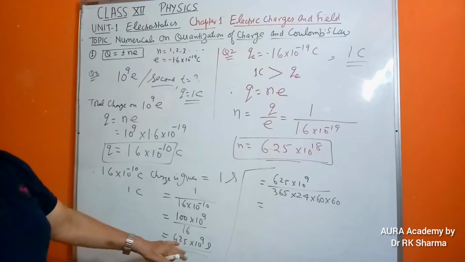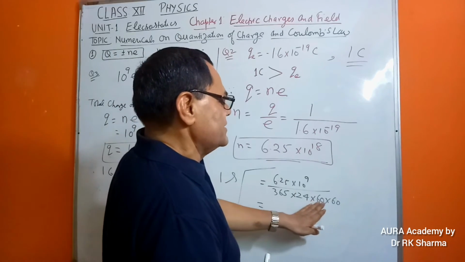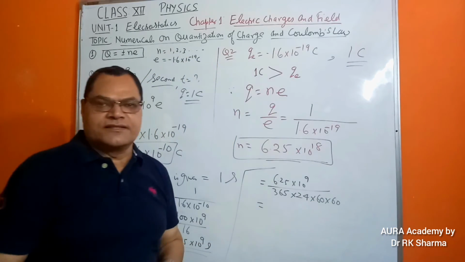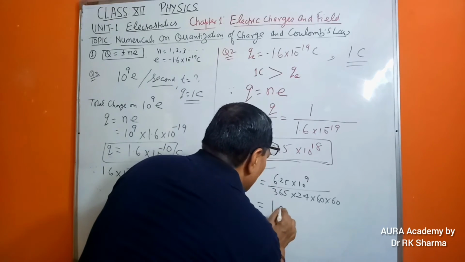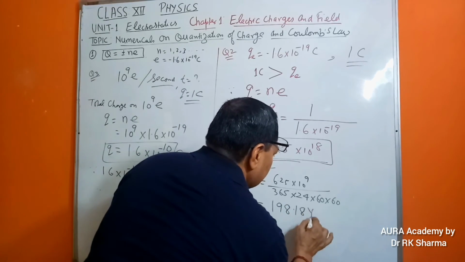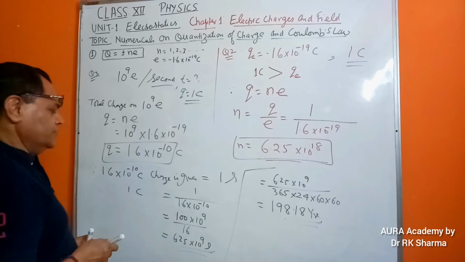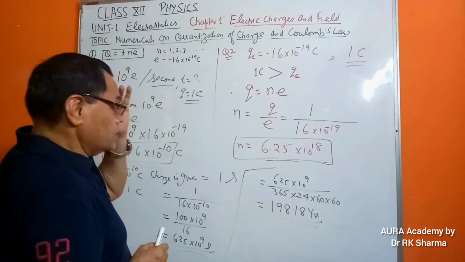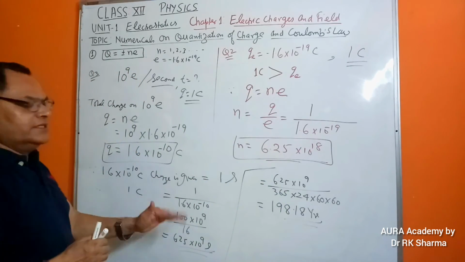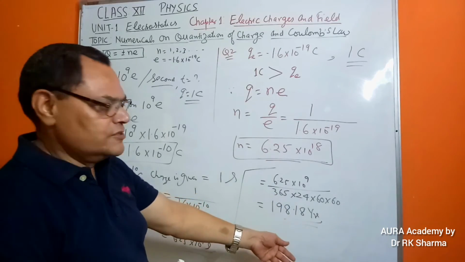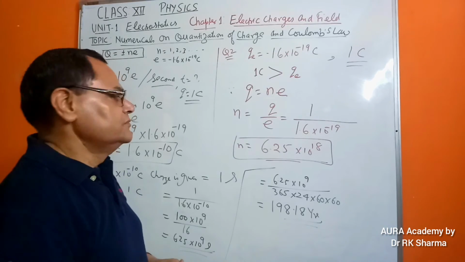So if you want to convert this time into years, this is the way. In a year there are 365 days, 24 hours, 60 minutes in each hour, and 60 seconds. When we do this, we come out with 198.18 years. Though you can leave the answer here itself because it's already in SI unit of time, at times the question may be modified in the board or competitive examination, that is, find the time taken in years. So accordingly you can convert this time into years. I think it is clear to you.